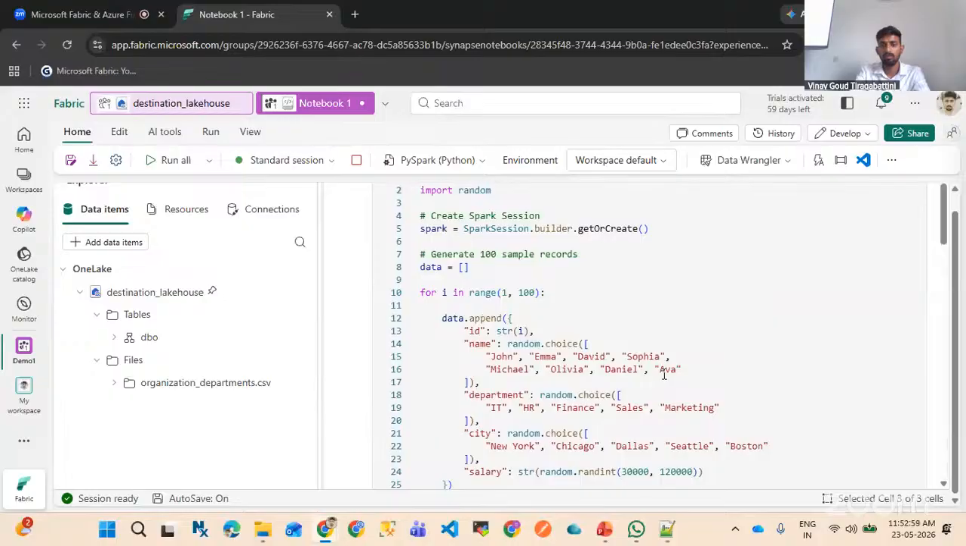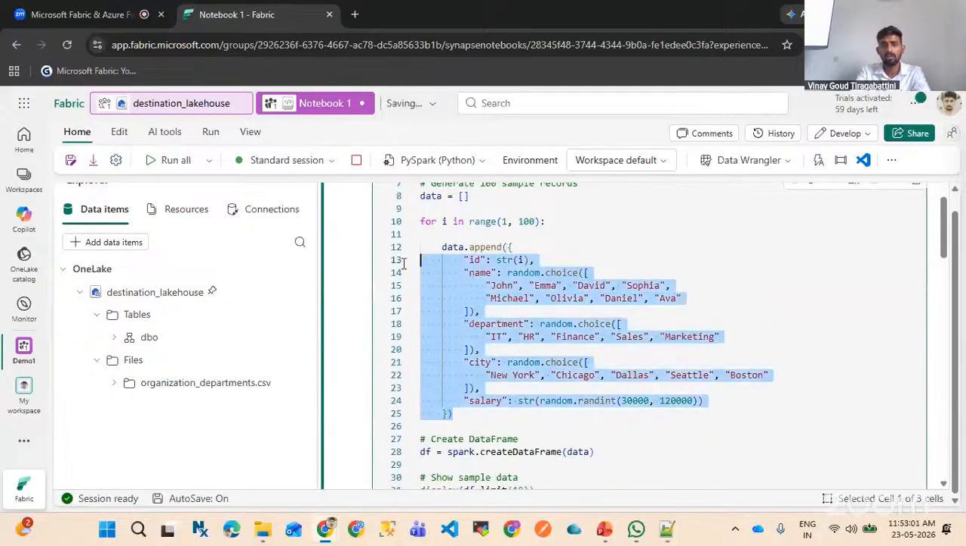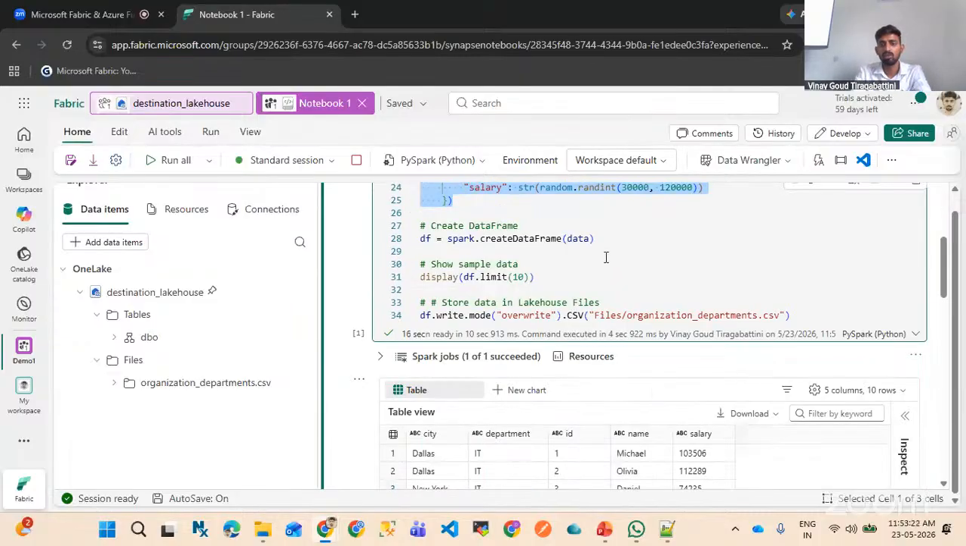Currently, I have generated this data, but you can use data sources or any other APIs if you have them. You can use those and get the data from those APIs or SQL Server, something like that, and then load it into